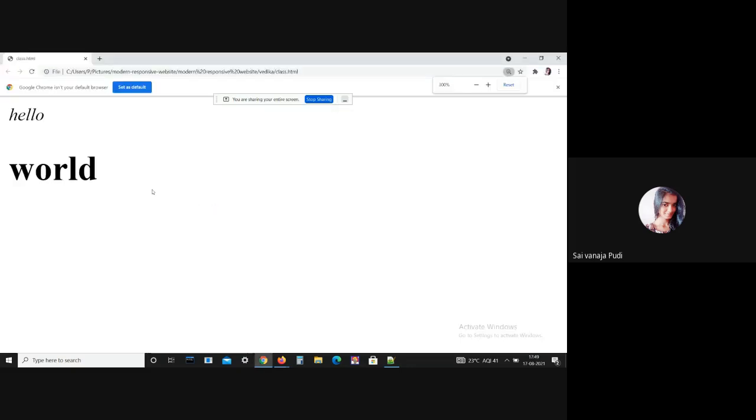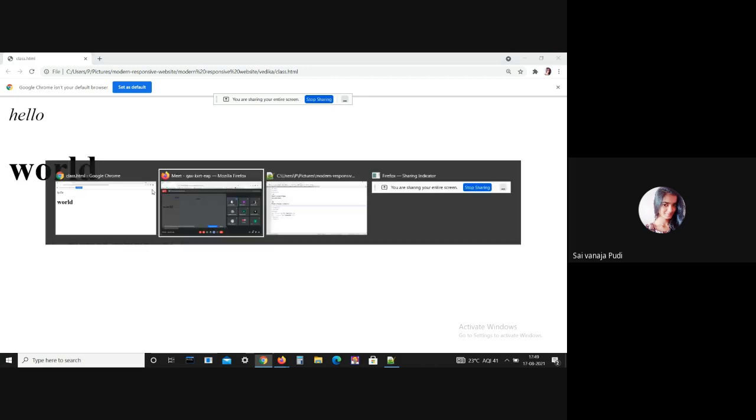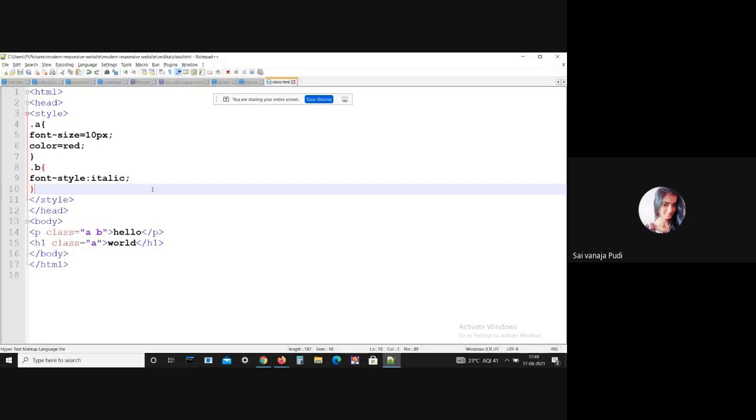See, hello is printed in italic form, because I gave this italic CSS property in the B class. Coming to the A class, I gave font size 40 pixel.